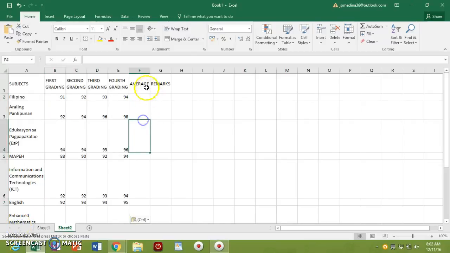After typing, go to F2 to type the formula for finding the average.